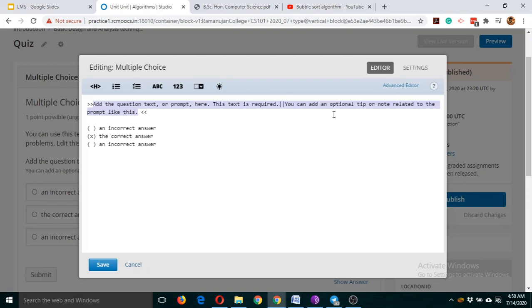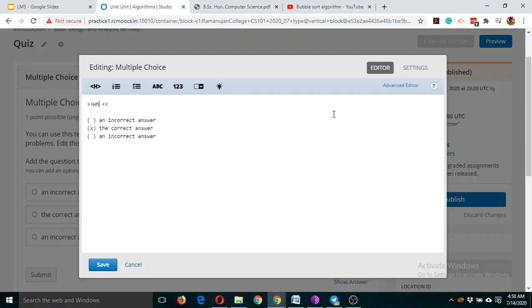Okay, so if you want to ask any question, so what is the full form of CPU? You can put any question, so I'm just typing a simple question. Okay, so you will have to provide the options here. Okay, so suppose I write